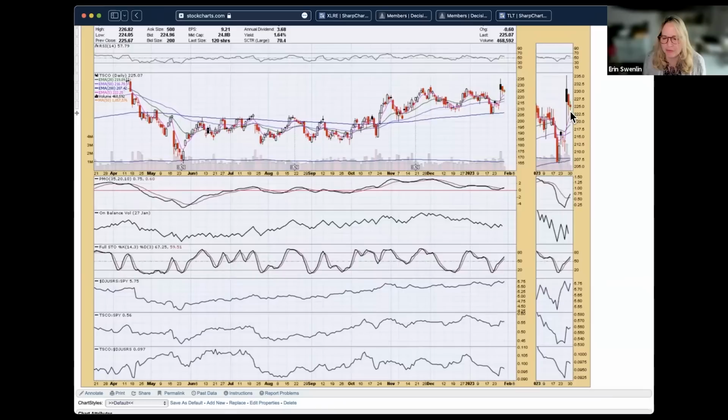That is a topping formation right there, three candles that are very negative. So that tells me that even though we have some of these things developing under the surface, price is weak right now, in spite of what we're seeing with these indicators. That could be a problem, but this could also be a bull flag forming. So what's a person to do?